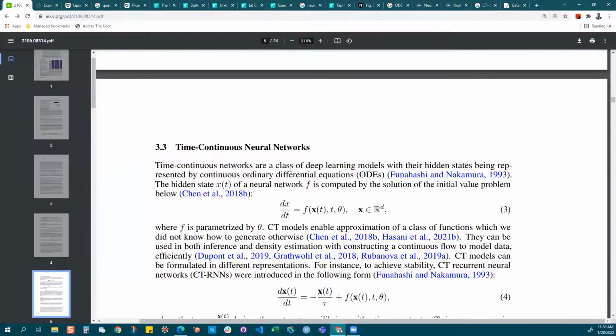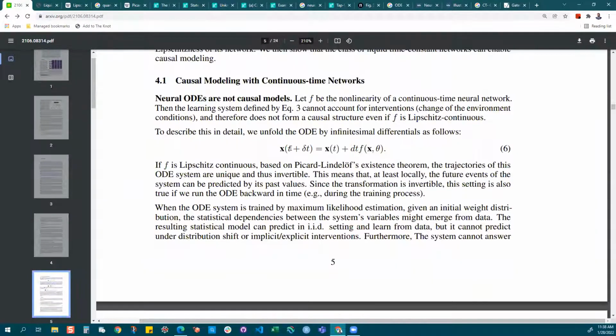They start with this equation, which is a differential equation, and they say this is usually not a form of causal structures, even if this function f is Lipschitz continuous. So they talk about different assumptions that need to be established, other than f being Lipschitz continuous, for causality to be established. And they talk about another theorem called the Picard-Lindelöf existence theorem that is used in couple with Lipschitz continuity, as we see here, to establish